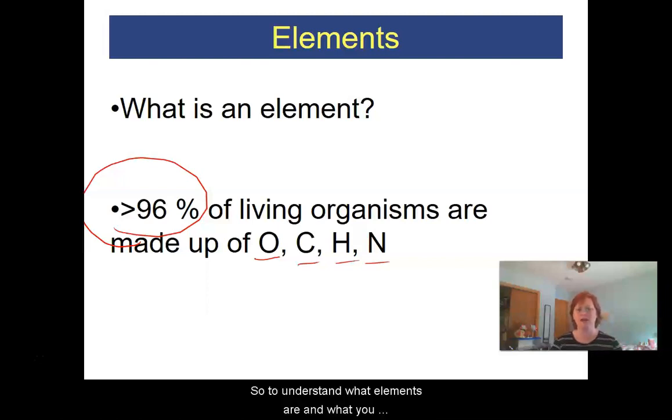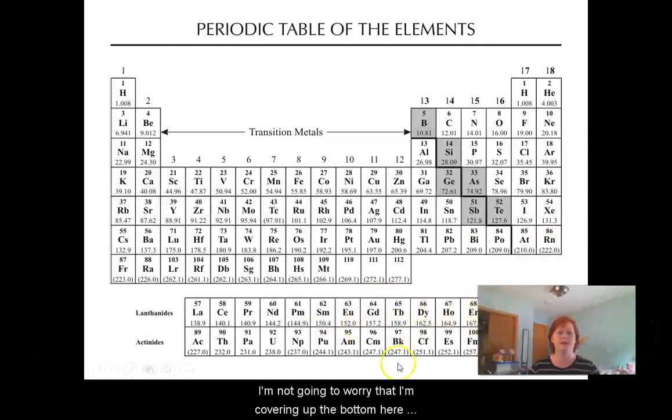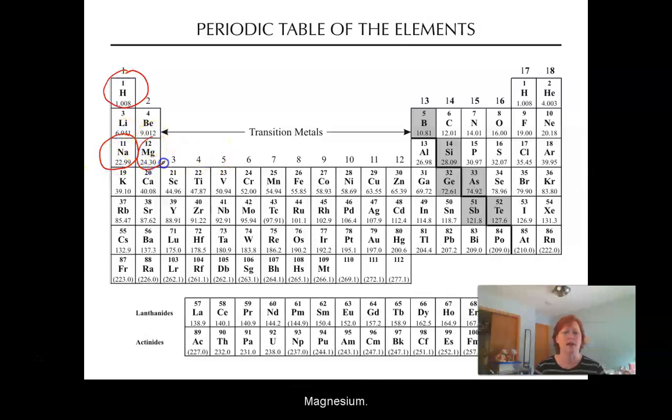So to understand what elements are and what we need to know about them, we're going to look at something called the periodic table. I'm not even going to worry that I'm covering up the bottom here because these are all molecules and elements that are not going to be particularly relevant to our bodies. So when I look at the periodic table, these are all of the elements that have been discovered, so far anyway, and there are some here that are particularly important for how your body functions. So I'm going to go through and kind of circle those. So we have here H, so that's hydrogen. Na is sodium, magnesium,